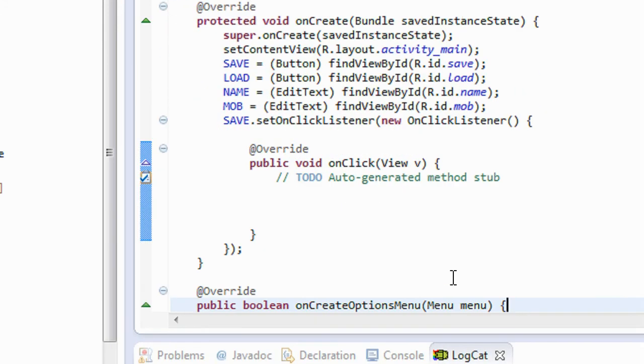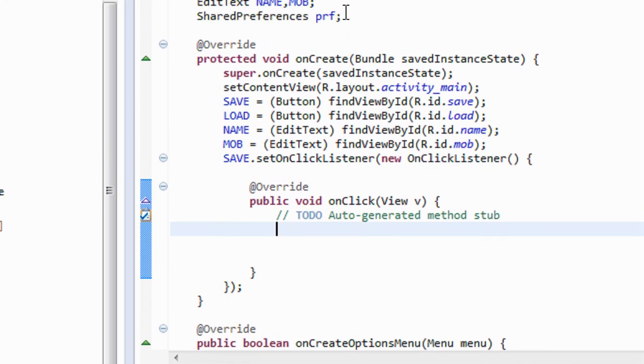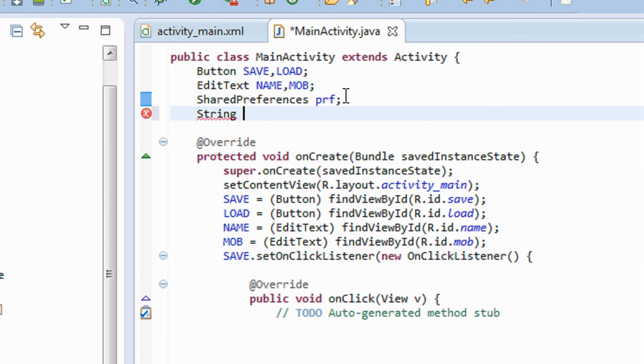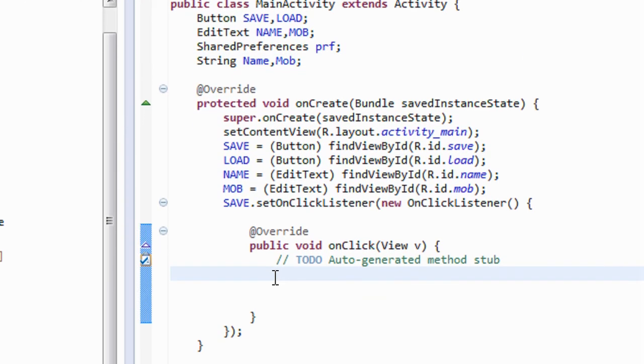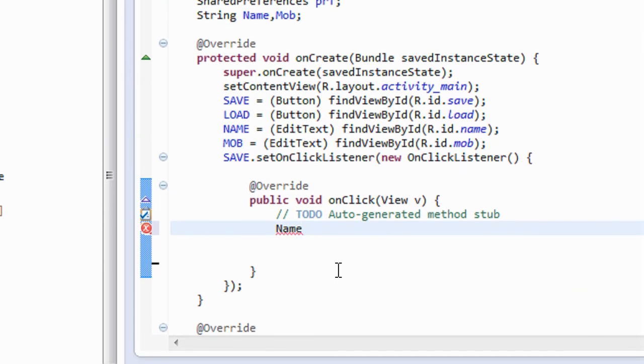So whenever user click the button, this action listener is going to work, and here I need two string variables for saving the data, string name and mobile. So whenever user click the button, first I have to get the name from the name field.